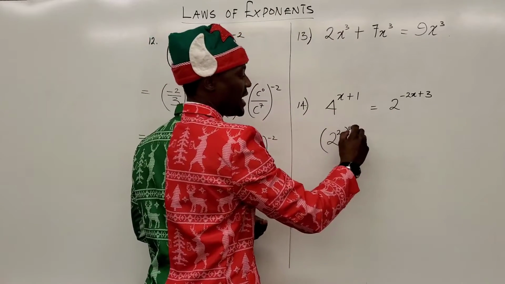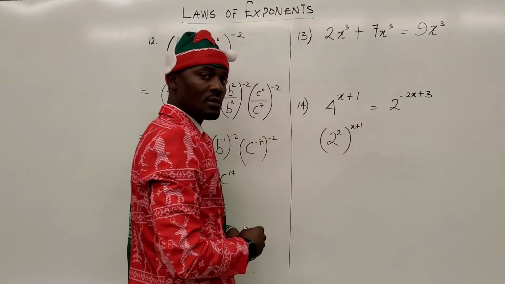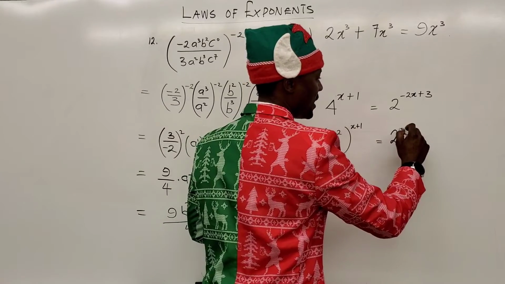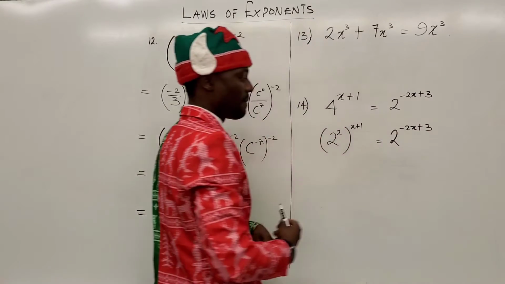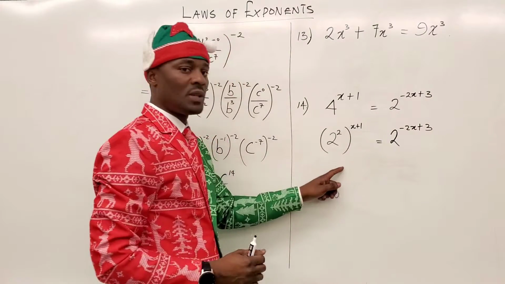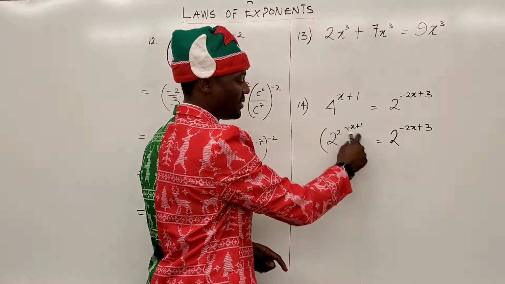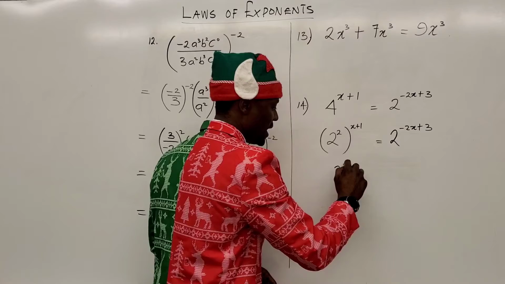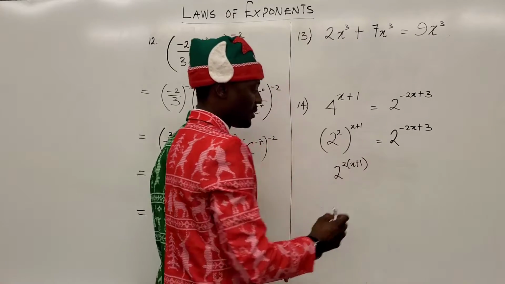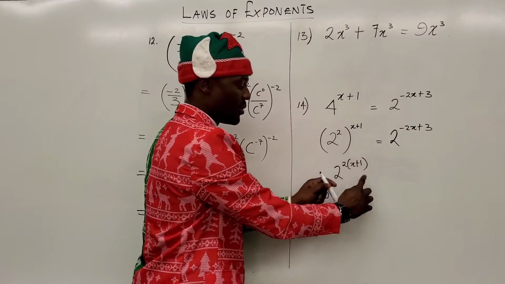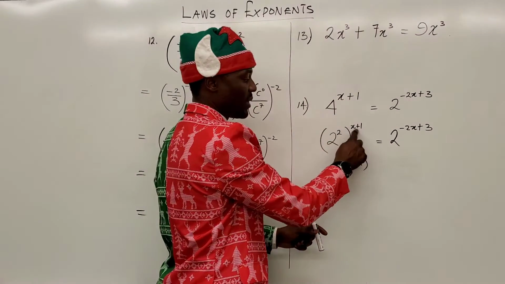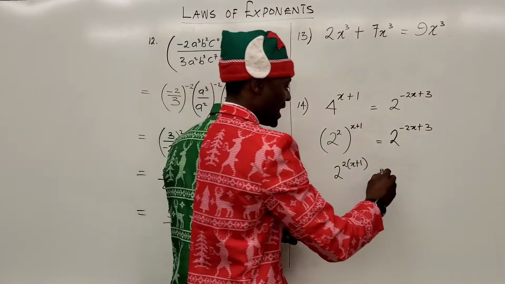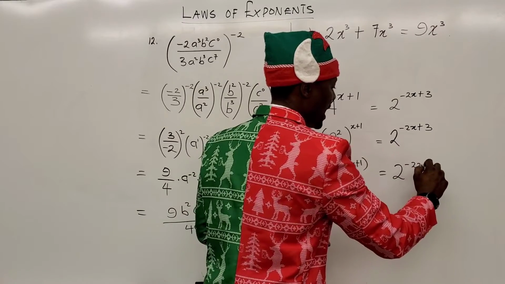The exponent that is on it is x plus 1. Okay? And it will be equal to this, 2 to the power of negative 2x plus 3. So, if you remember the rule, the power of a power, you multiply this by this. So, because the bases are the same, let's just write it. This would be 2 into 2x plus 1. So we're multiplying this by this now. Remember, you have to put them in parentheses because this 2 multiplies both of them, not just the x. Okay? So that's why we put in parentheses, and that's equal to 2 raised to the power negative 2x plus